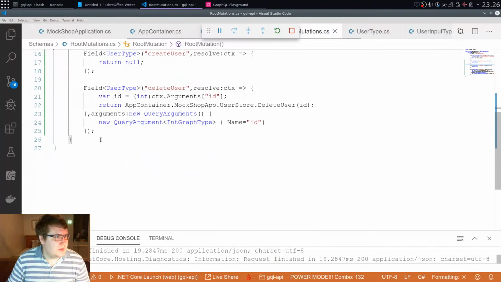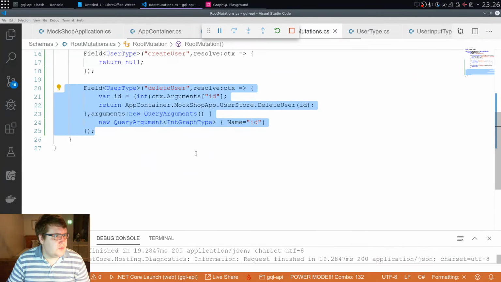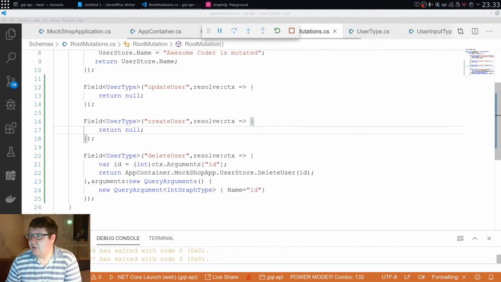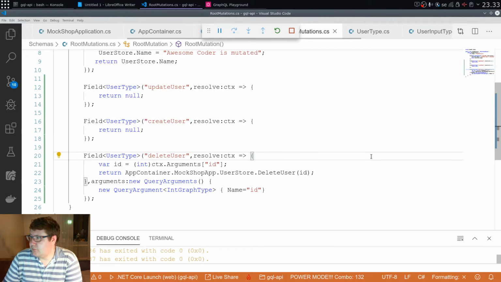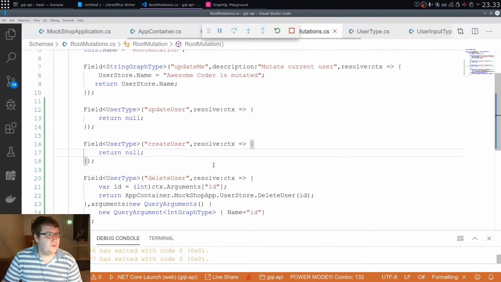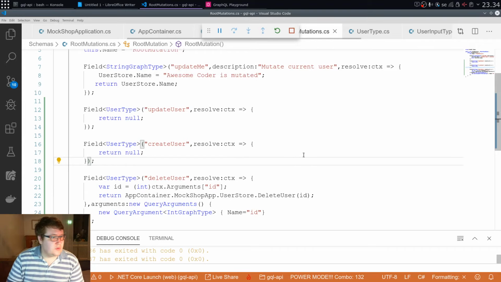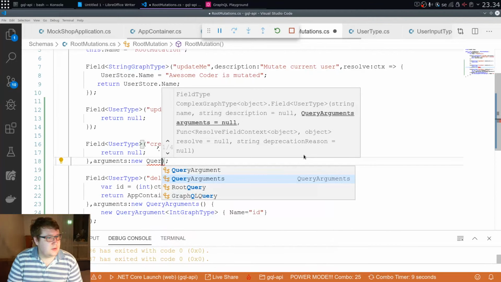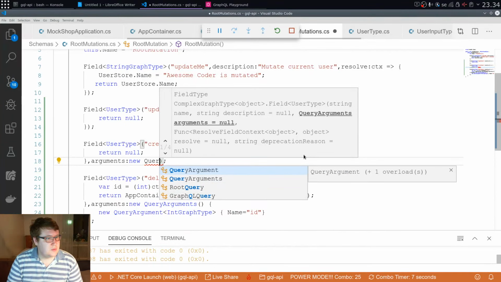So the recap, this is how we defined the delete user mutation. Now let's do the same for creating user. Let's look at the other operations, that is creating and updating. So let's look at the create user resolver. So let's create an argument, new query argument, new